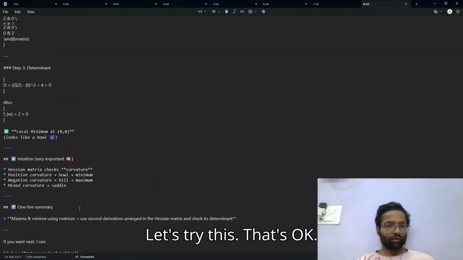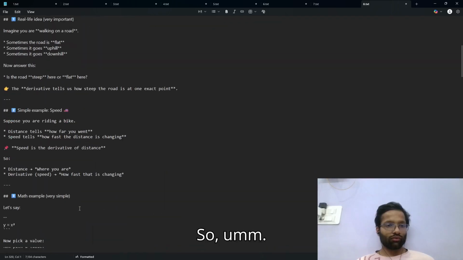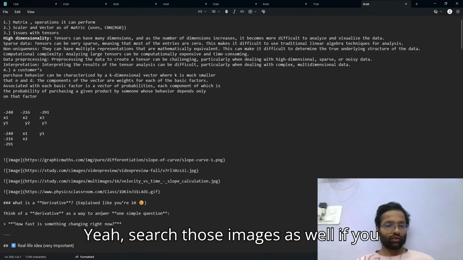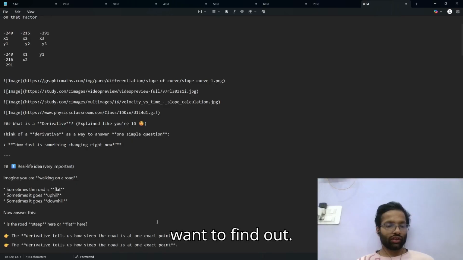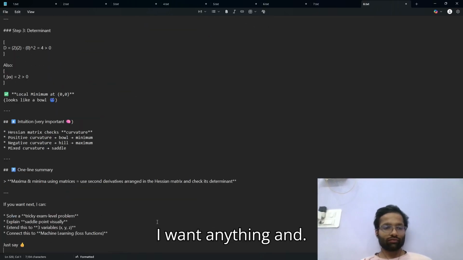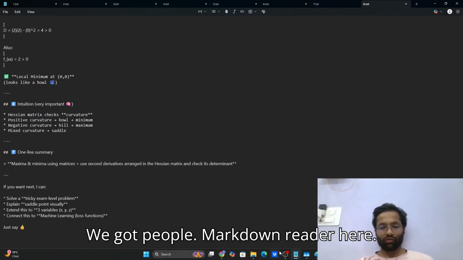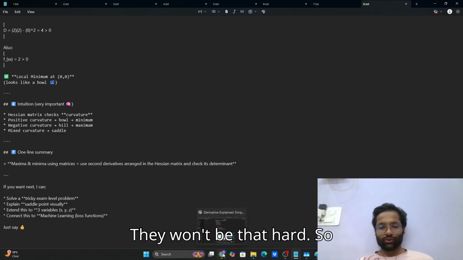Looks like the interest not on damages. Okay. So yeah, search those images as well if you want to find out about anything. And yeah, if you have marked down, they won't be that hard. So yeah,